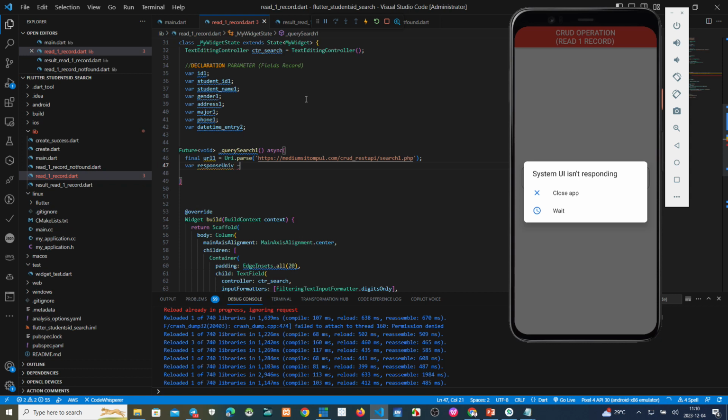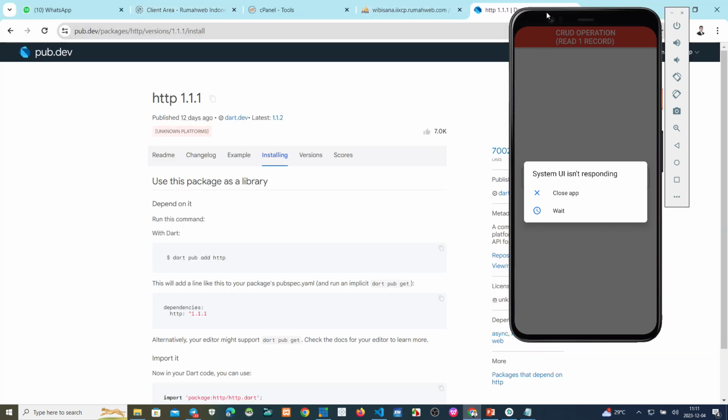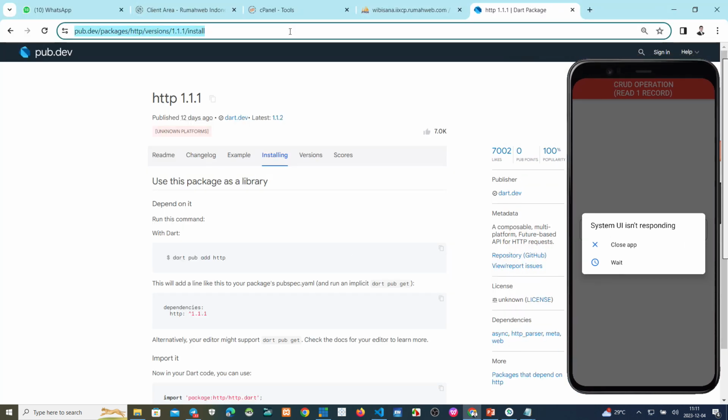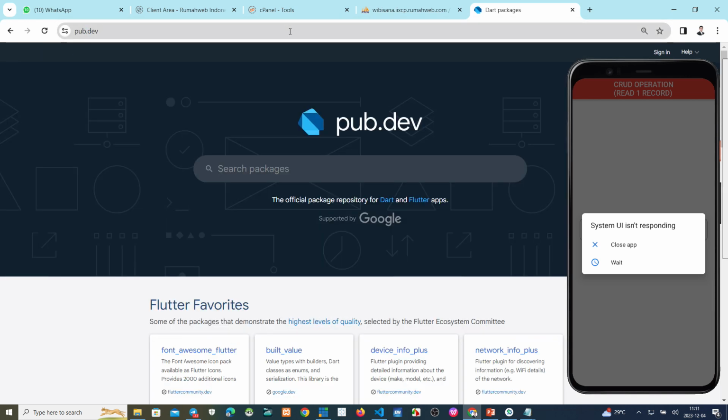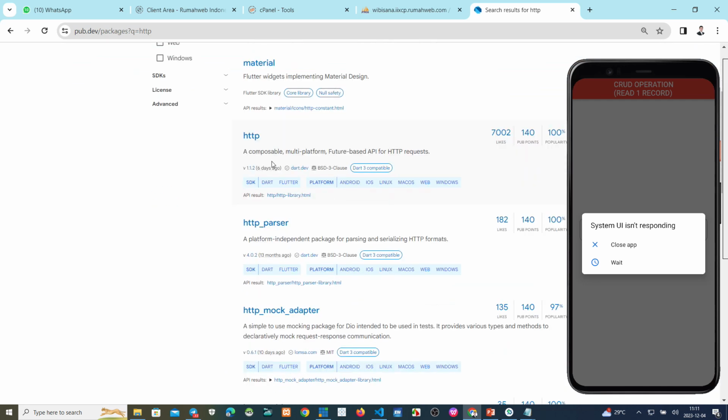Await http.post. Because we use HTTP here, we must import it. Make this one HTTP.